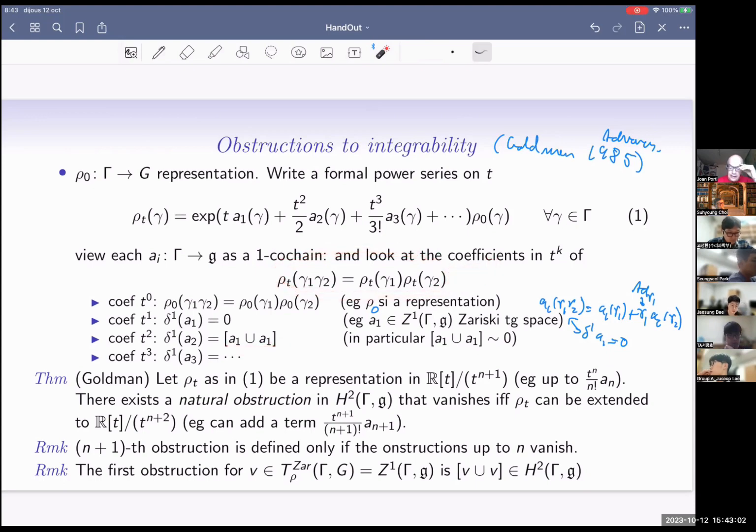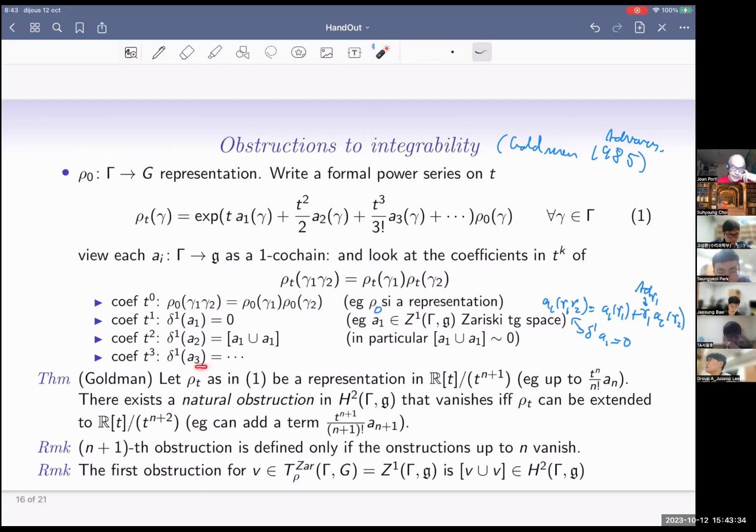So in terms of cohomology, it says that this product, the Lie bracket of this cup product of cocycles, is cohomologous to 0 because it's the co-boundary of something. And you can continue forever. That's an infinite expression. And in fact, Goldman says that if I have rho t like this,